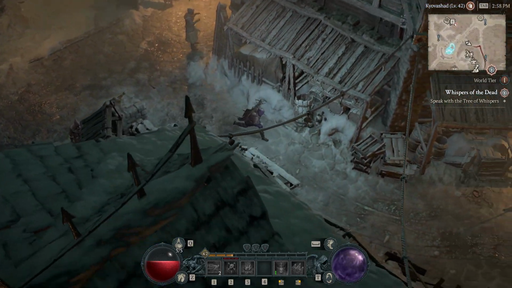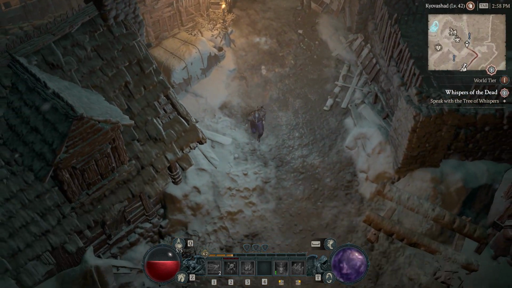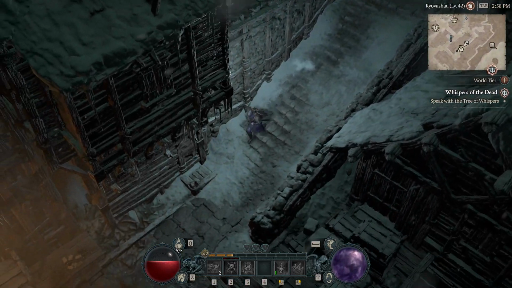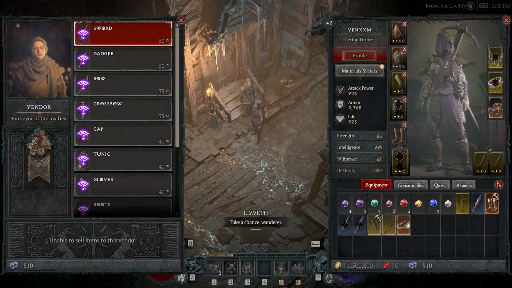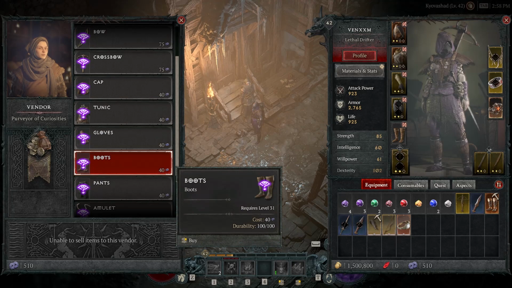And if you don't know what Obols are, let me explain just a little bit on what they are and how to use them. So Obols are a currency that you will collect in Diablo 4 that can be used at the Purveyor of Curiosities, which can be found in the main city of each region in Diablo 4. And if you like gambling, then this is gonna be for you. Basically, you're gonna exchange Obols with the gambler vendor, who is the Purveyor of Curiosities, and he's gonna give you